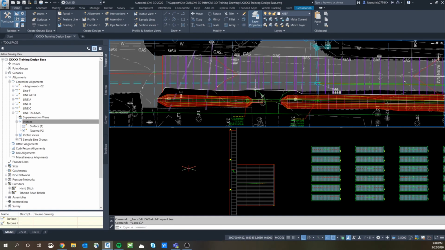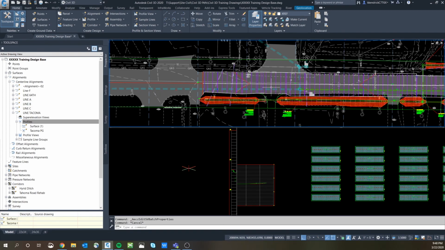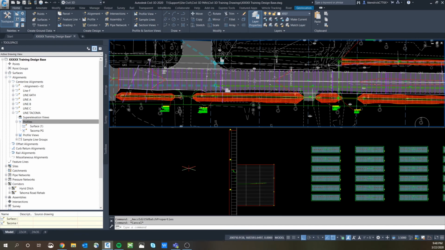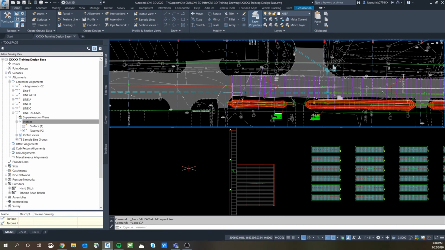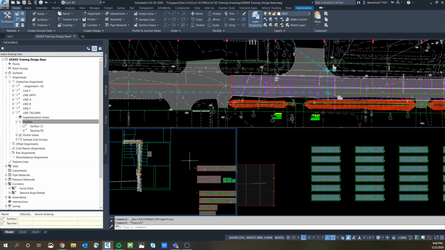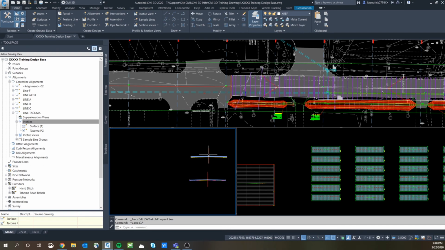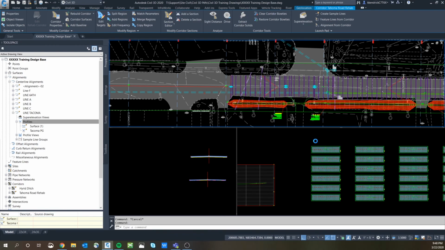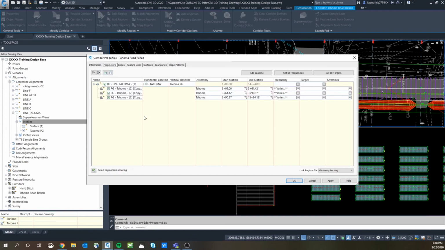And if you got into doing the drives, designing those out, you would have to split each one of these at the drives. And the easiest way to do that would be to have a right and a left inside of your corridor, where you would have an assembly that is just for the right and an assembly that is just for the left. You have to create a second. If you go to corridor properties, you would come in here, add a new baseline. In that baseline, you would pick your same alignment,